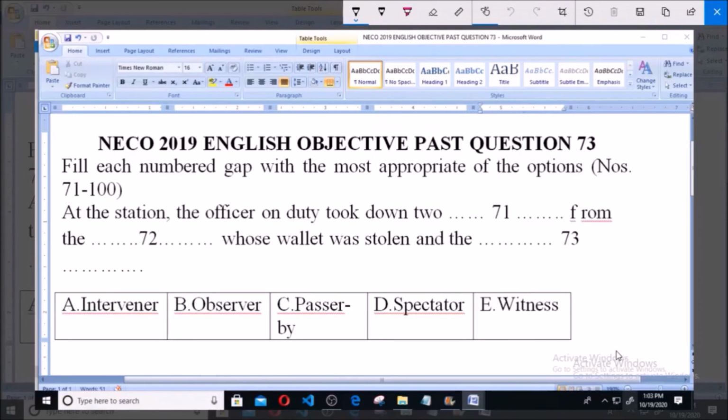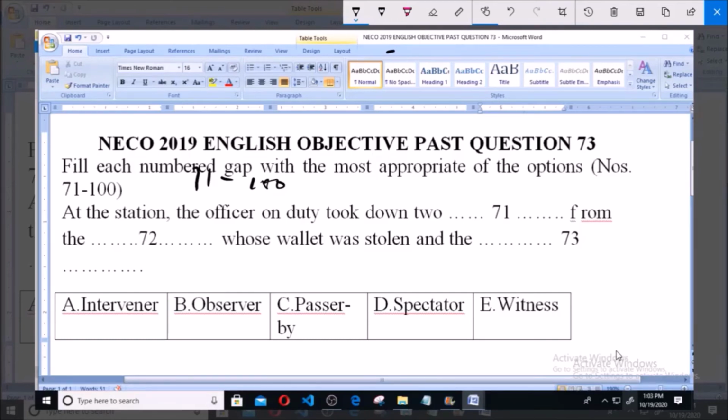Welcome, this is NECO year 2018 English objective past question. Question number 73 says fill each numbered gap with the most appropriate of the options, and this instruction is applicable in answering question number 71 to 100. And this question says, at the station the officer on duty took down